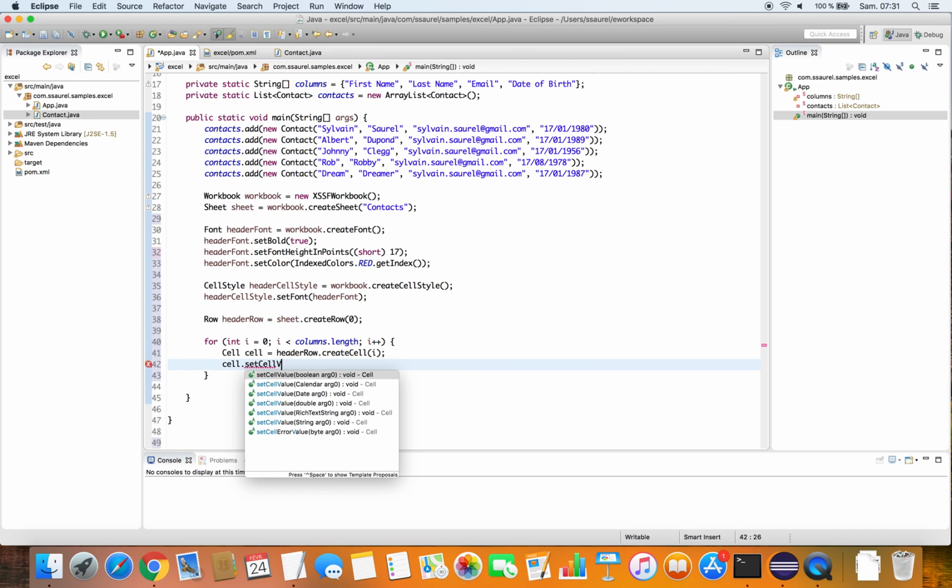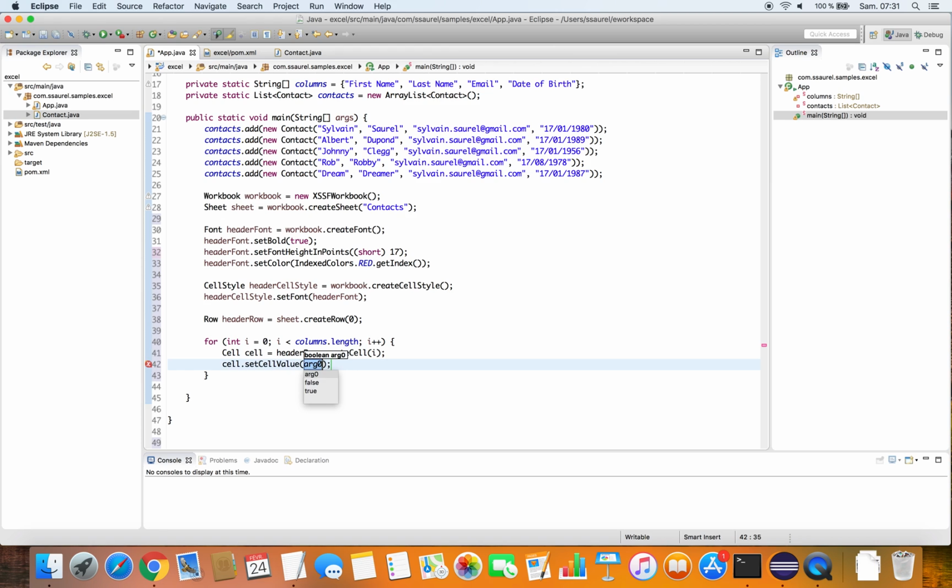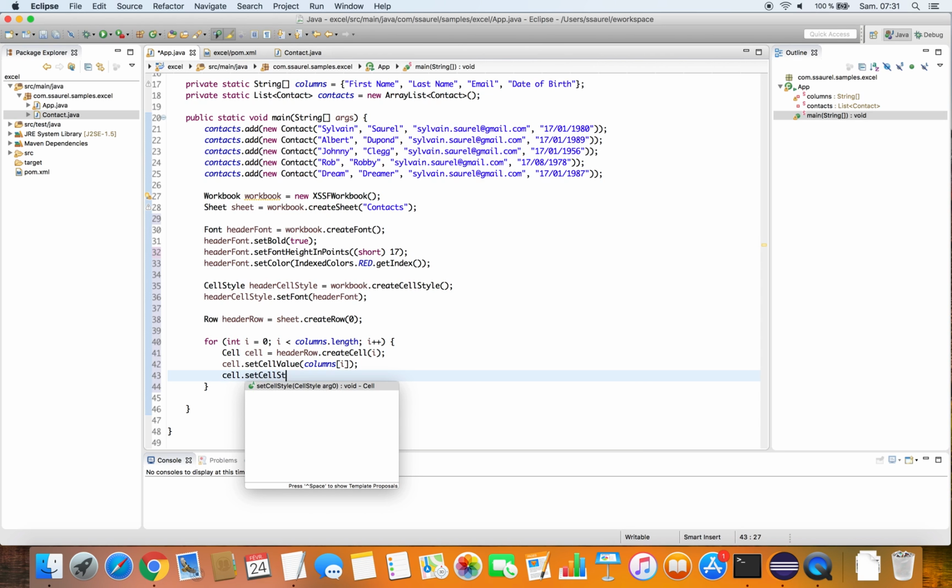We set the cell value from the column array and we set the header style defined previously.